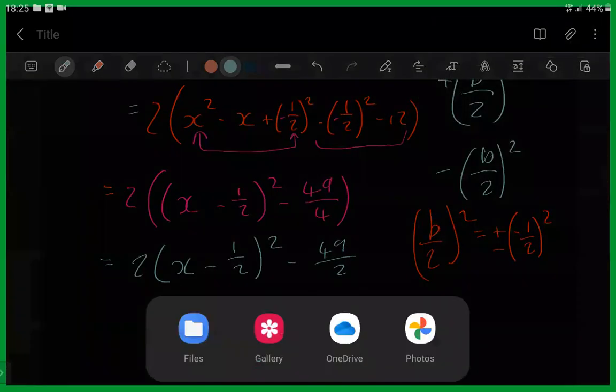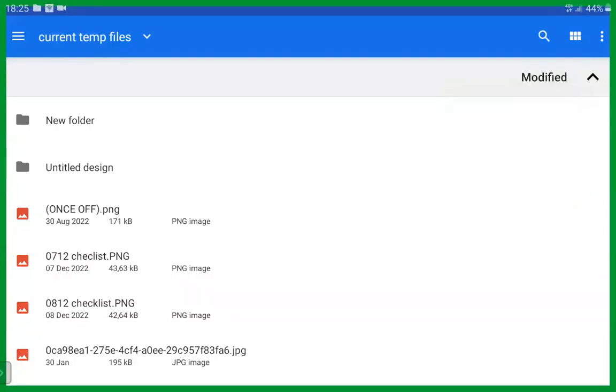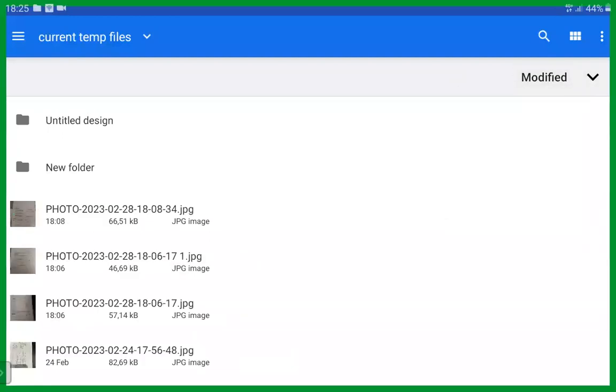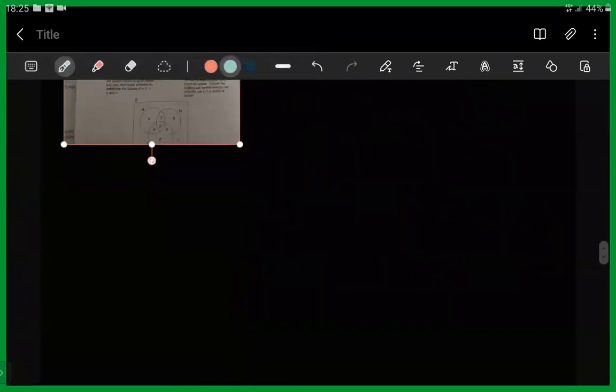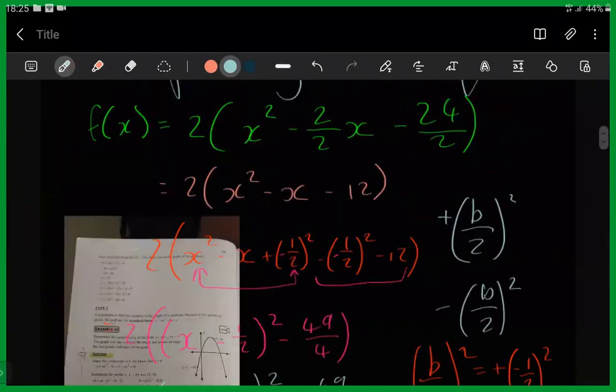Yes, type 2. That's fine. Let me just check these 2 here. Okay, so for type 2,